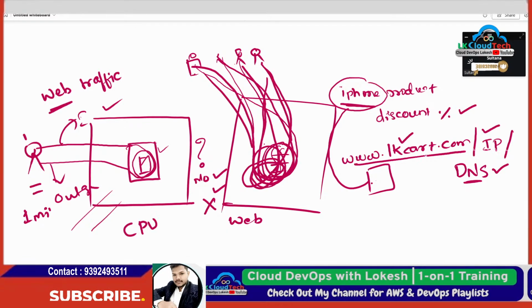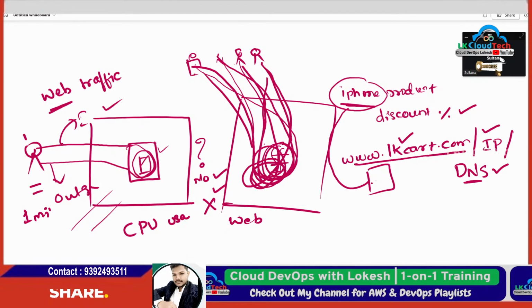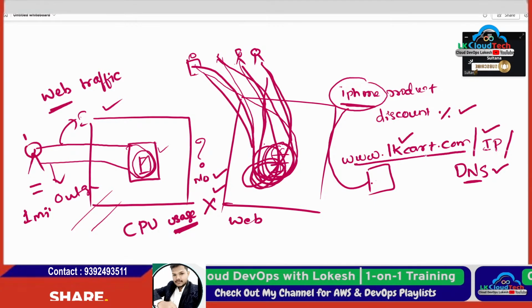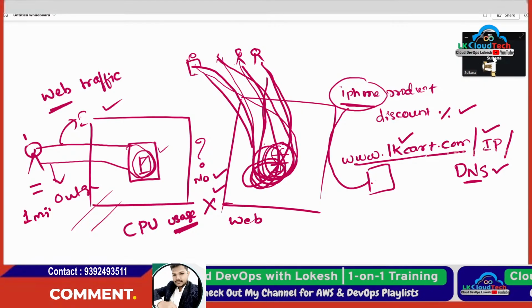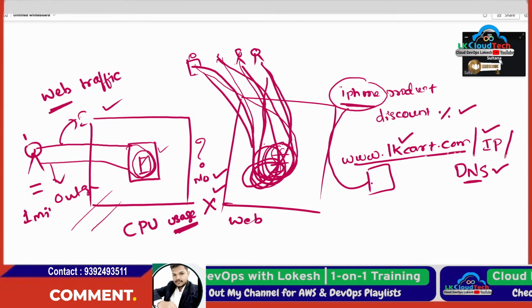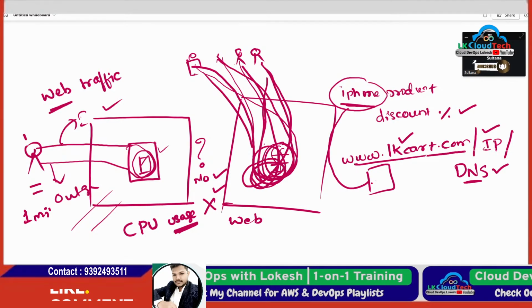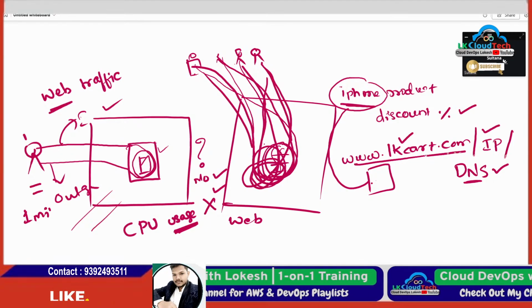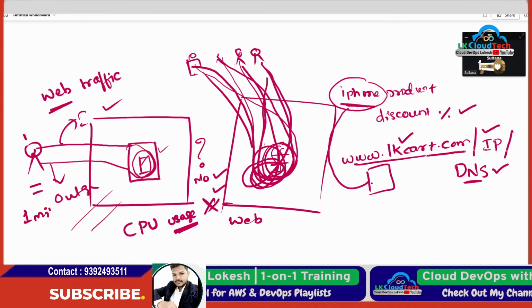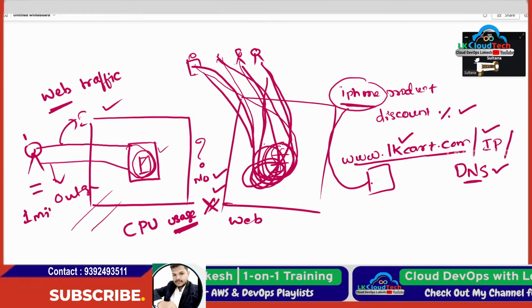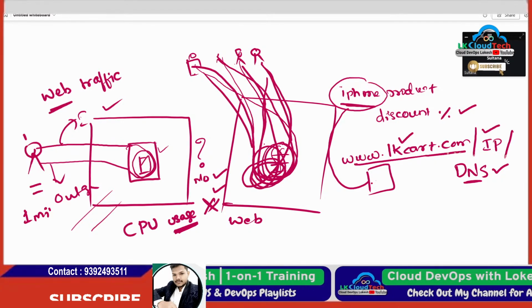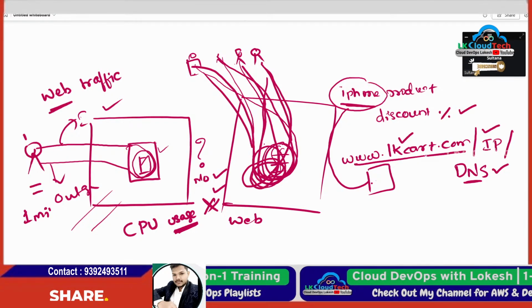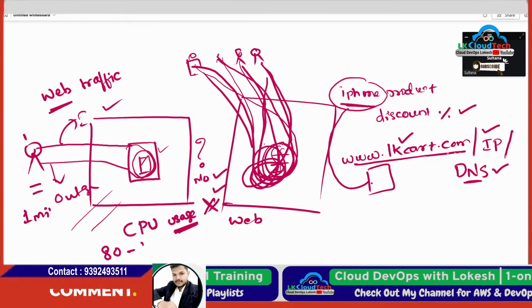CPU usage. If it cannot bear that, if this CPU cannot compensate or cannot handle that much traffic, definitely it can't bear. As CPU usage increases up to a certain level, say about 80 to 95%, for suppose,